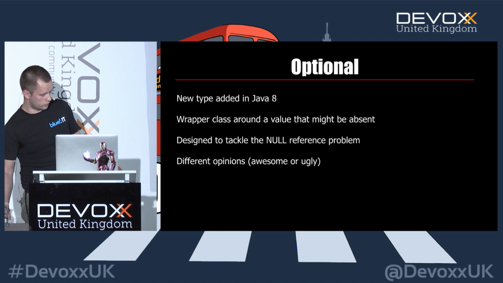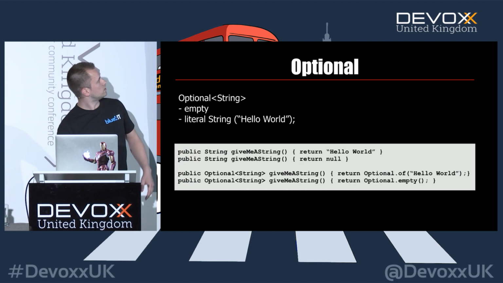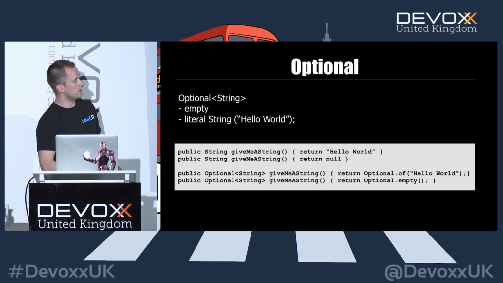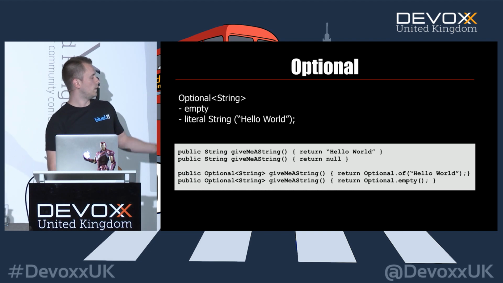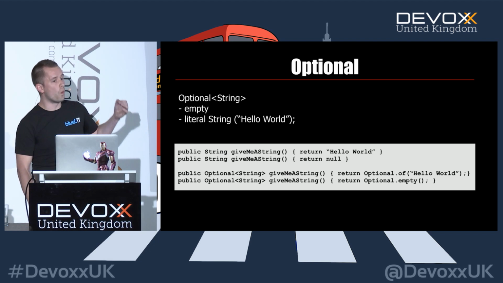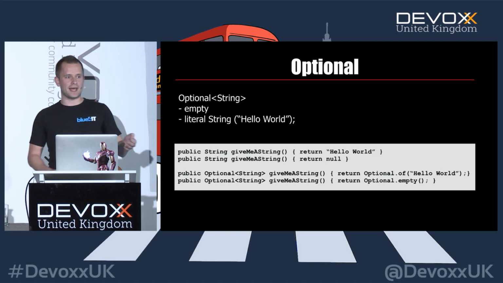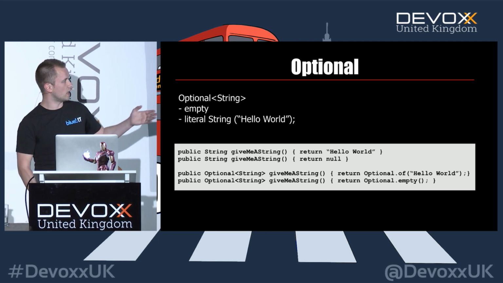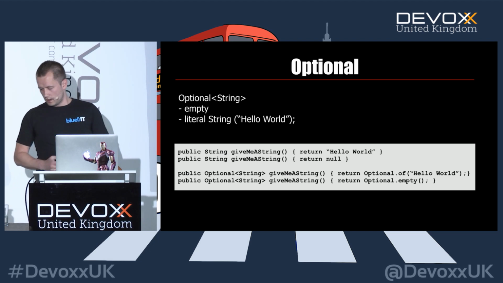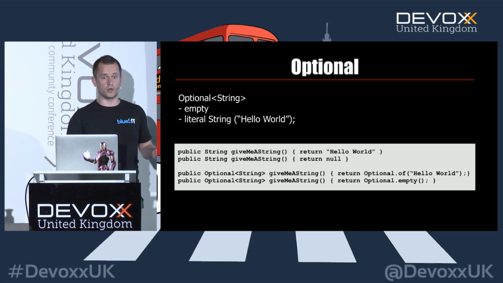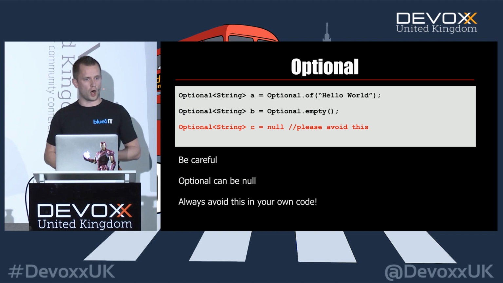Because normally you would do something like this. You have a function that gives you a string. Yeah, it can return null or it can return a string. And now we use Optional, and Optional should be used as a return type, in my opinion. And we warn our user that something can be absent. So if it's there, we give an Optional of our string, and if it's not there, we give an Optional of empty. You may think now that Optional has two variants, like it's filled or it's empty. And there is where you go wrong.